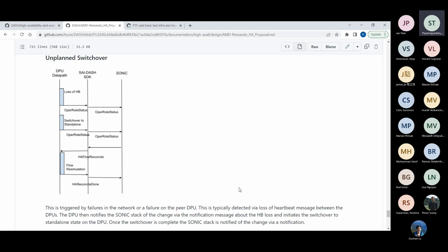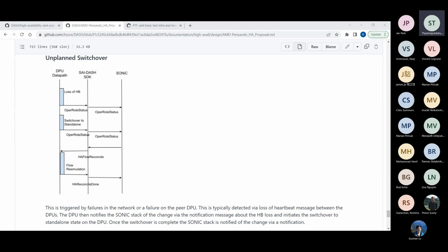Usually the drop that we see is, for example, when the active goes down, there is some reaction time. For example, if you're doing BGP and the BGP advertisement is going from the active, it takes some time for the network to react to that advertisement so that it can redirect all the traffic. It can choose the secondary path and send it towards the surviving node in unplanned switchover. That causes the drops that we know of, right? This is for the rest of the fabric to react to the failure.